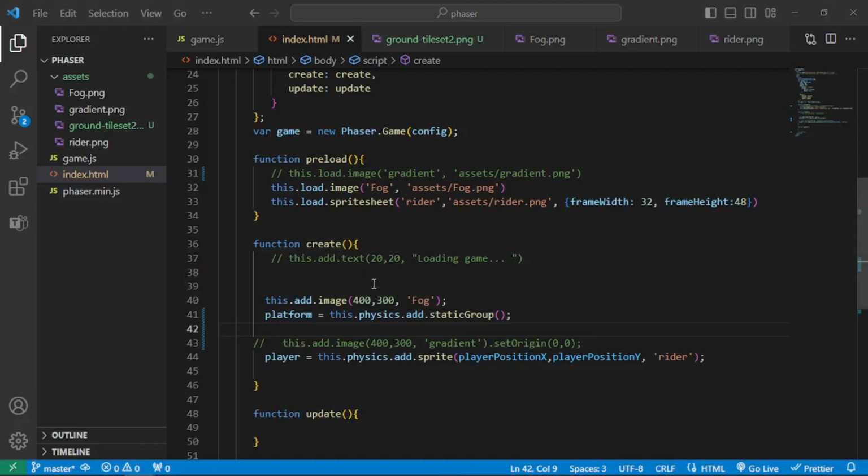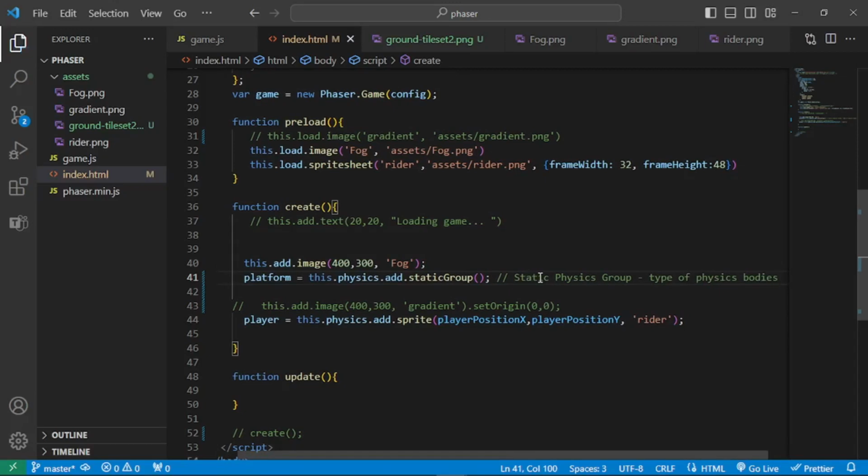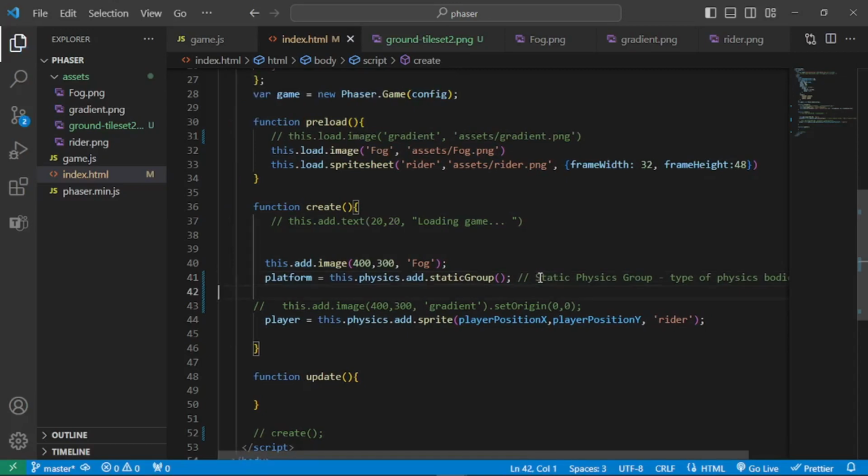And if you go and read through the documentation, it will say that we do have two types of physics bodies in the Phaser framework, and that will be dynamic and static. And this is referring to the static physics group, and it will be a type of physics bodies. Okay, so we have dynamic and static, and specifically for static body,